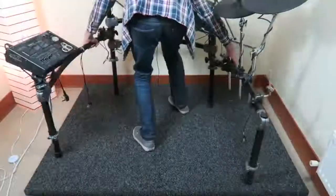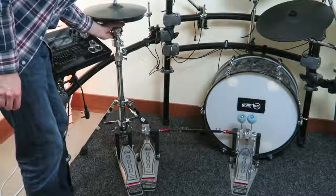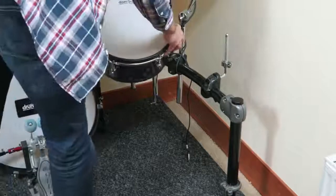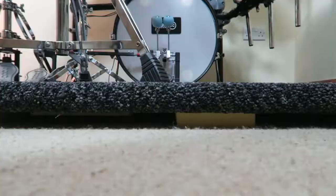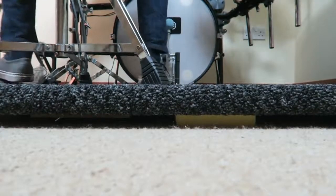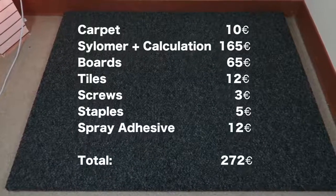The pad needs to be turned over, which requires some manpower, as its weight is 40 kg. I moved it away from the wall and slowly let it down. Now I can set up the drum kit. The Sylomer blocks get compressed when loading the board. It does also slightly wobble when playing, but overall it's a solid and good looking solution